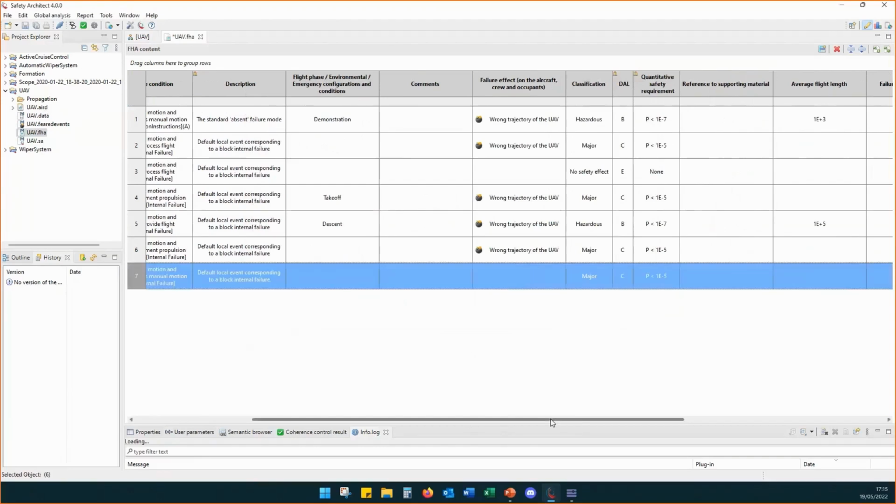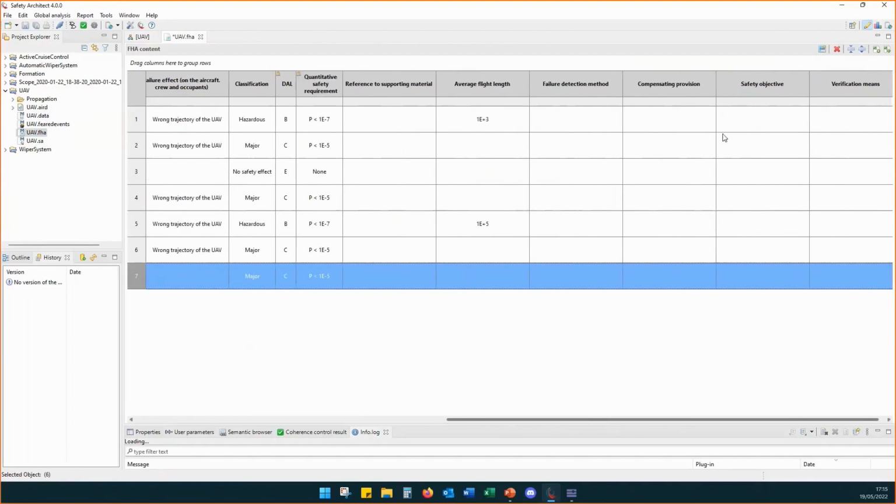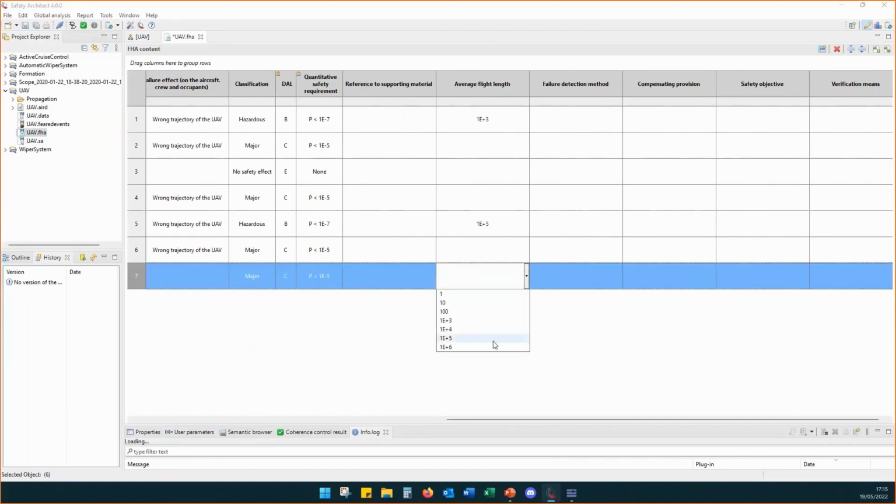When you select a value, the DAL is automatically computed, and also the quantitative safety requirement. We have many other columns that you can fill manually or with a list, and again, you can customize these lists in the preferences of the tool.